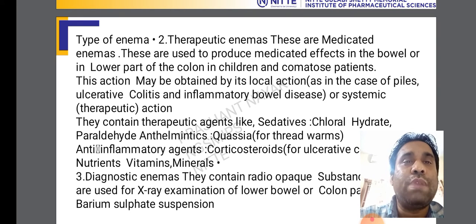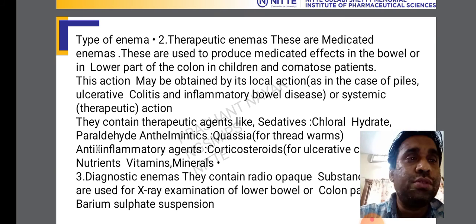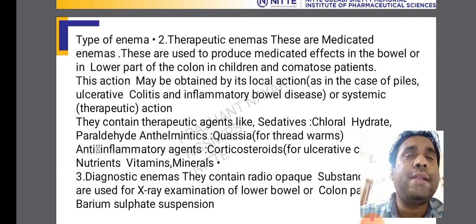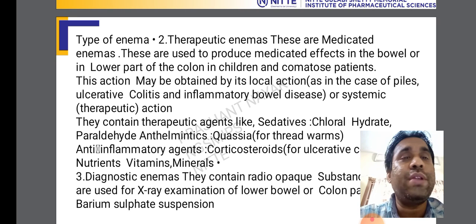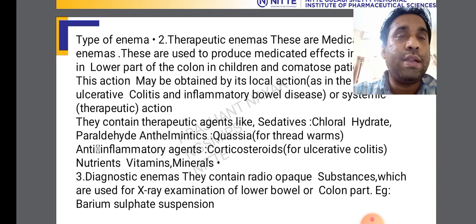This action may be obtained by local action, as in the case of piles, ulcerative colitis and inflammatory bowel diseases, or where a systemic therapeutic action is required. They contain therapeutic agents like sedatives, chloral hydrate, paraldehyde, anthelmintics for threadworms, anti-inflammatory agents like corticosteroids for ulcerative colitis, and nutrients like